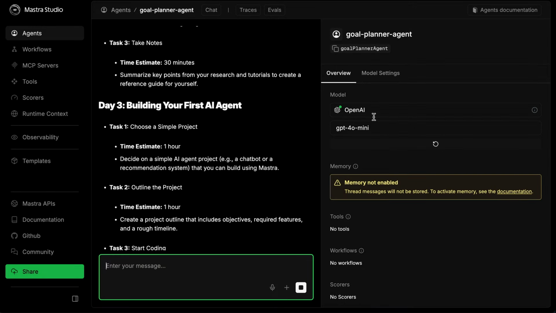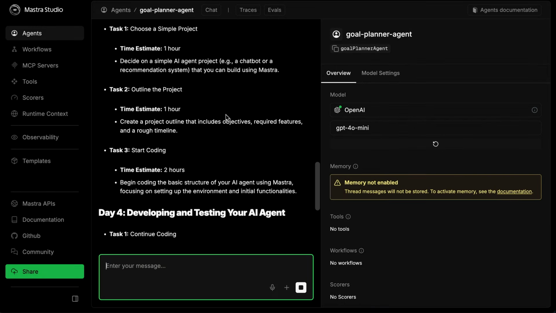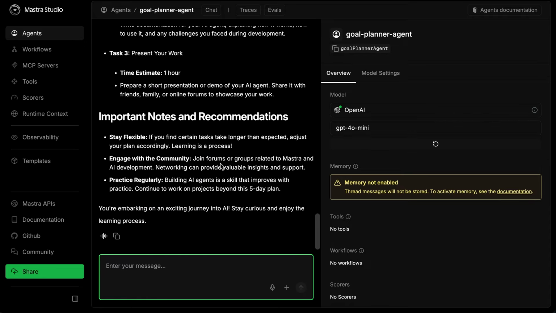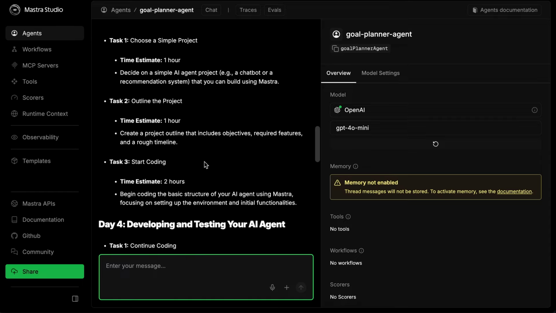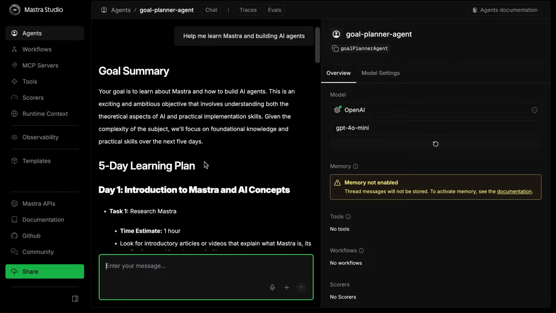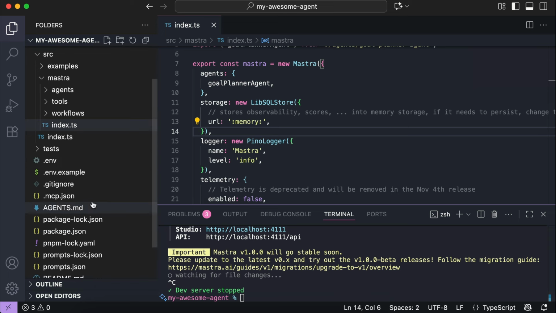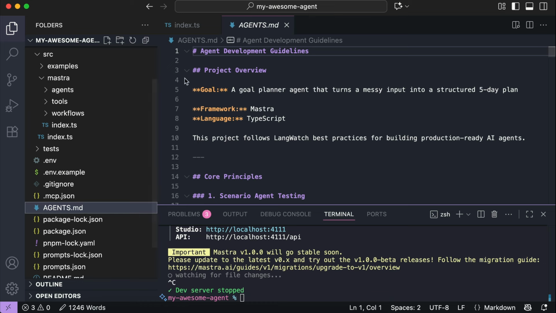There are also estimates on the time required to complete the tasks. Note that the agent is currently using the AI model we selected when bootstrapping the project. It's using GPT-4o Mini through the OpenAI API platform. Alright, that's how Better Agents works in a nutshell, and because of the structure already provided by Better Agents, KiloCode